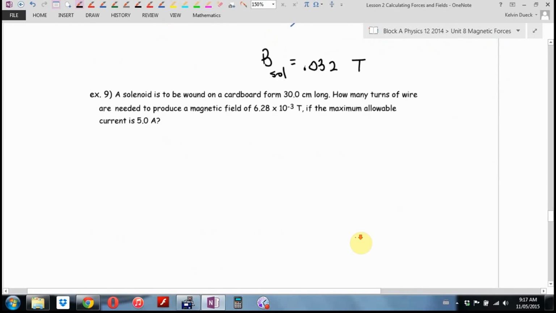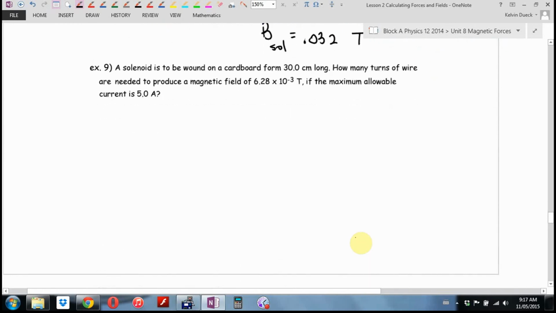I think this is the last one. A solenoid is to be wound on a cardboard form 30 centimeters long. So here's the factory question. You're a car company and you're building a solenoid in your engine. You know that you have room for 30 centimeters, and that you need a magnetic field of 6.28 times 10 to the negative 3 Teslas, and that you're going to be getting 5 amps from your car circuit. So now if you're Ford, how many turns of wire do you want to put around that